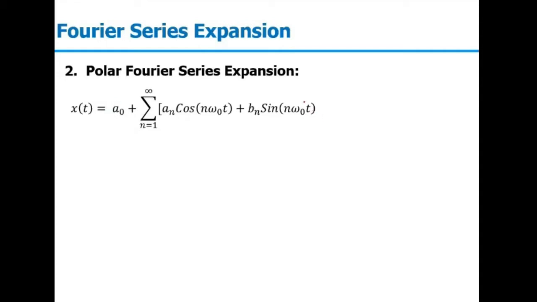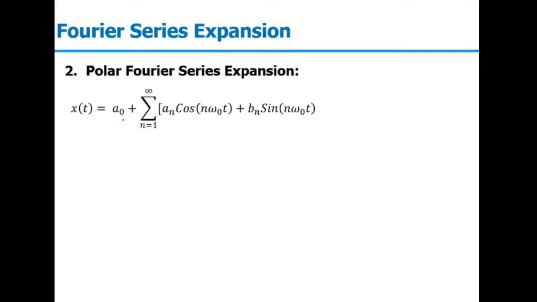And we studied a few properties of this. If the given signal is an odd signal, then an will be equal to 0 and we will have only sine terms. If our given signal is an even signal, then bn will be 0 and we will have only cosine terms. For a signal which is symmetrical about the x-axis, our average or DC term will be 0. So in that case, a naught will be 0.